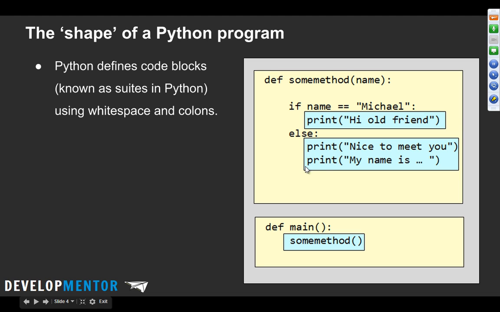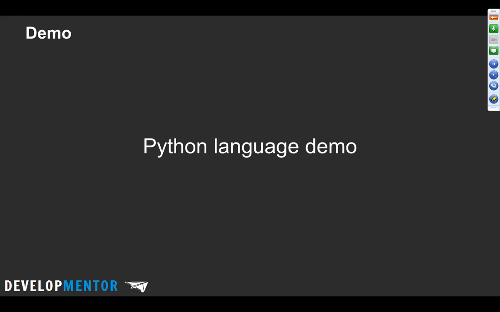But down here you actually have a bigger suite because you have everything indented, and then when you unindent, it drops back off to define another section. Okay, so we're going to see that there's this different way of defining blocks of code, and that's probably the biggest thing to get your mind around: you don't use curly braces and white space is important.